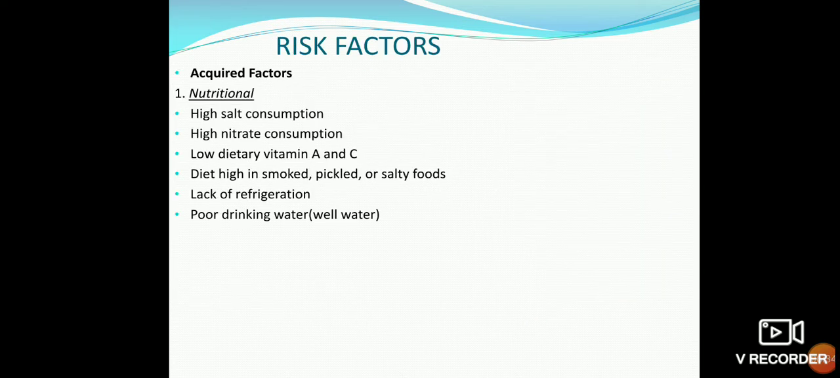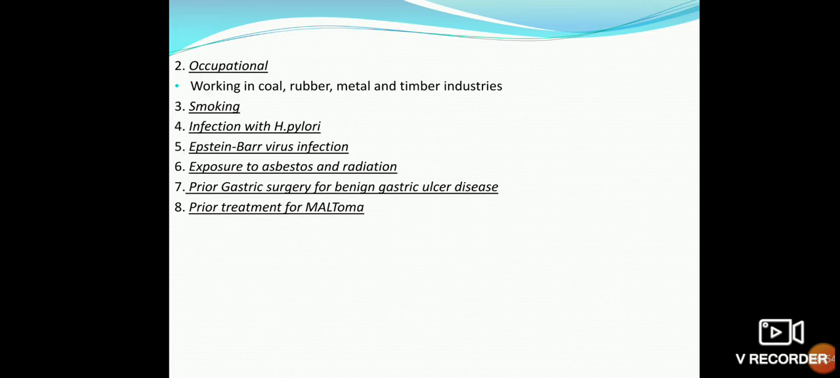Risk factors associated with gastric carcinoma. These are the acquired factors. The first one is the nutritional factor, which includes high salt, high nitrate, low dietary vitamin A and C, a diet high in smoked, pickled or salty food, lack of refrigeration, poor drinking water such as well water, occupational exposure working in coal, rubber, metal and timber industries, smoking,